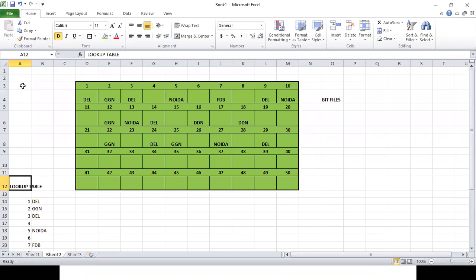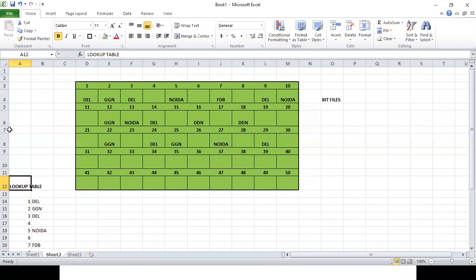Now you have executed a command: select star from EMP where city is equal to Delhi. Now what will SQL do? SQL will not go to each and every address.